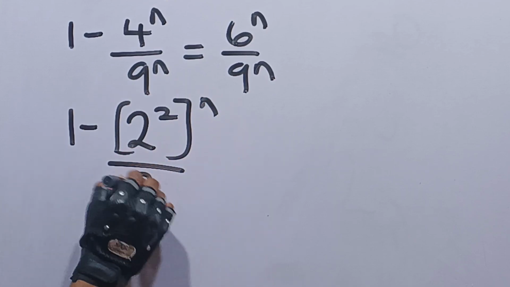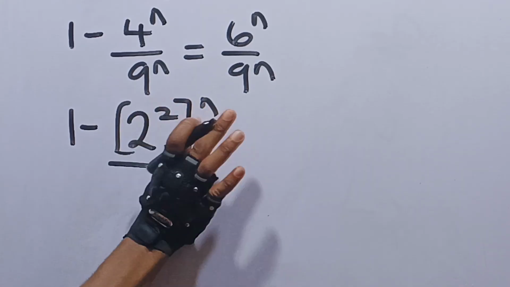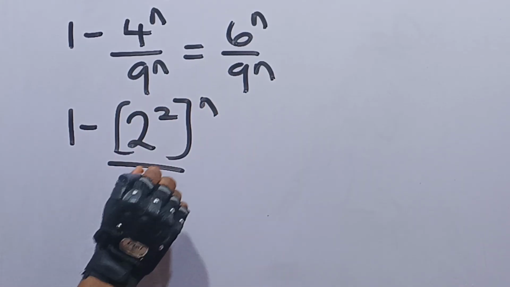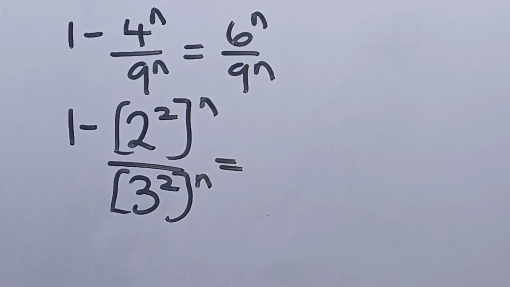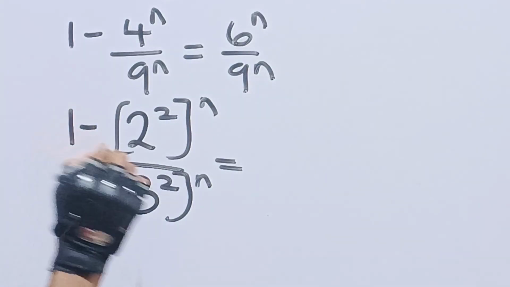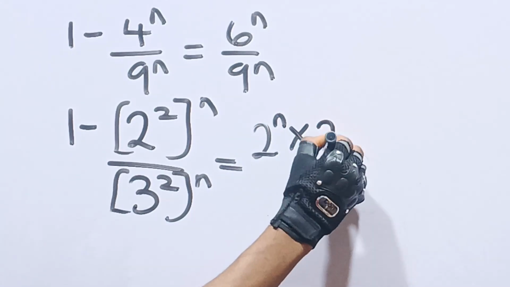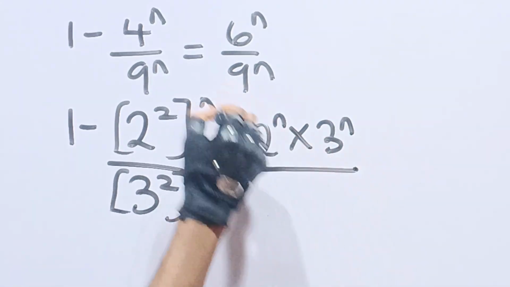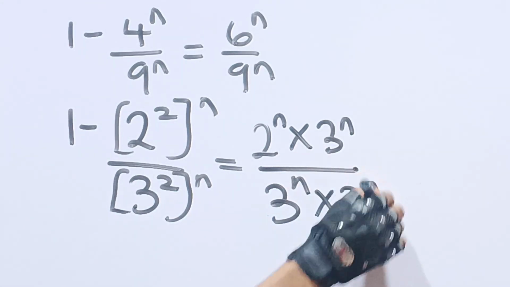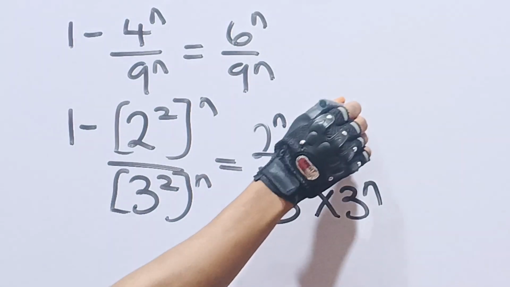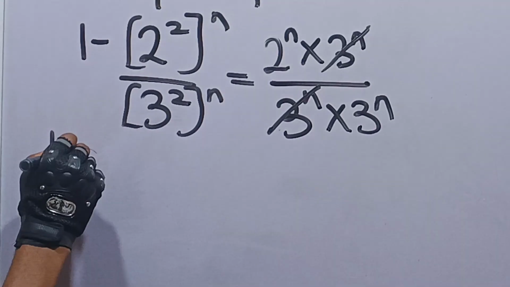divided by 9, which is 3 squared. So we can say that 9 is 3 squared. So we have 3 squared raised to the power of n as well, to be equal to... 6 now can be said to be equal to 2 raised to power n times 3 raised to power n, divided by 9, which is 3 raised to power n times 3 raised to power n. Now you see that 3 raised to power n cancels 3 raised to power n, so that we now have 1 minus